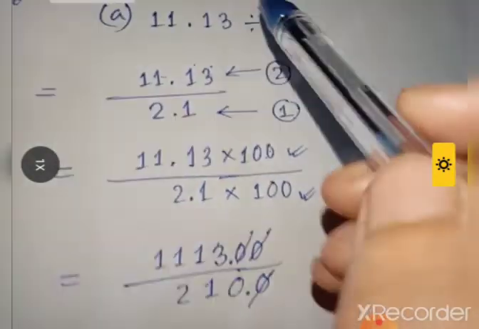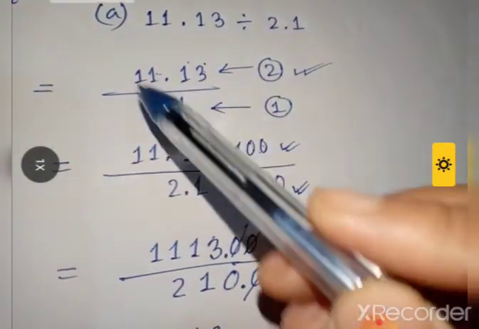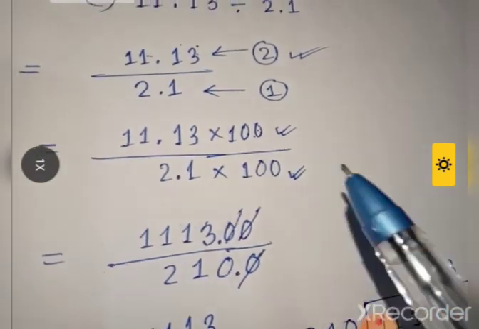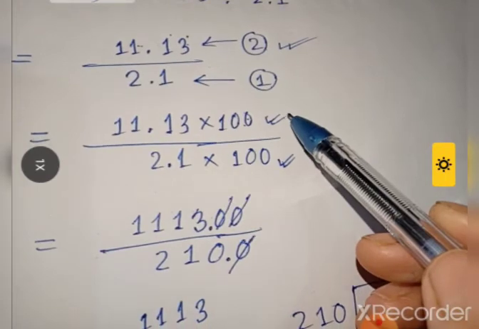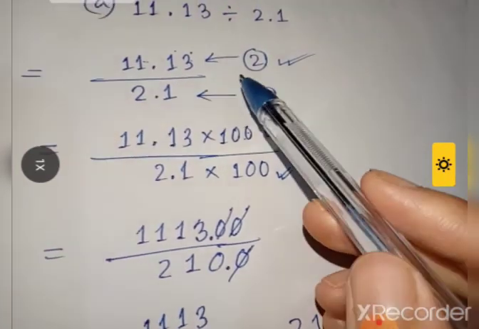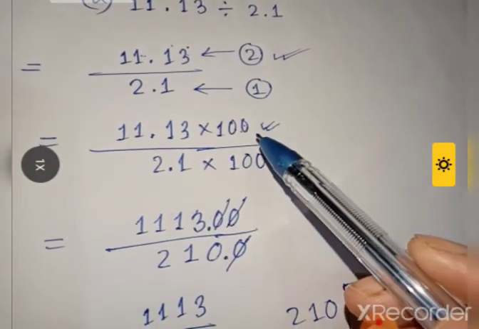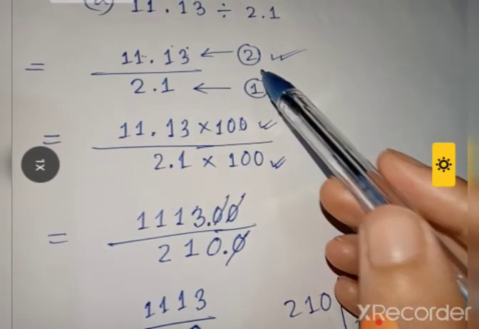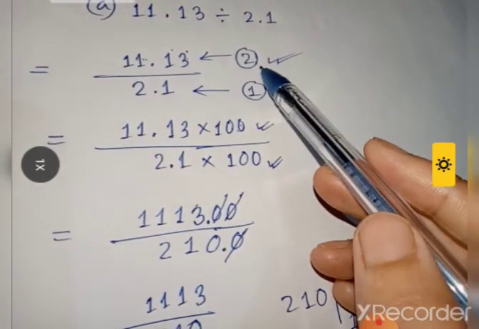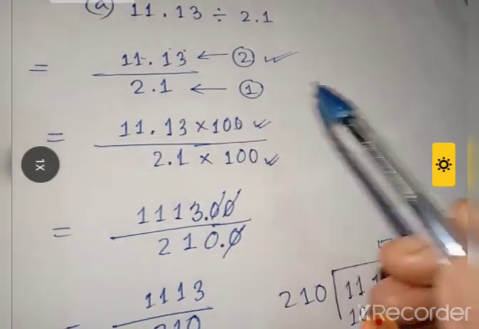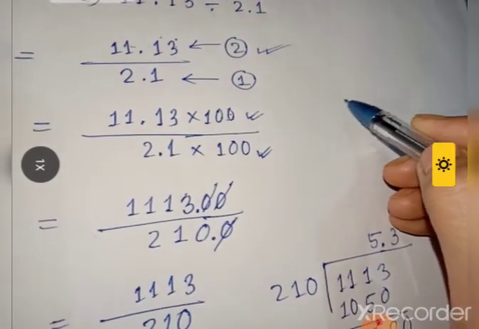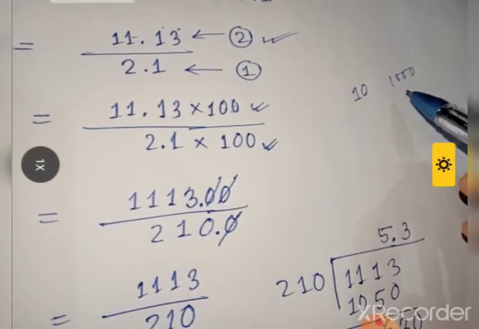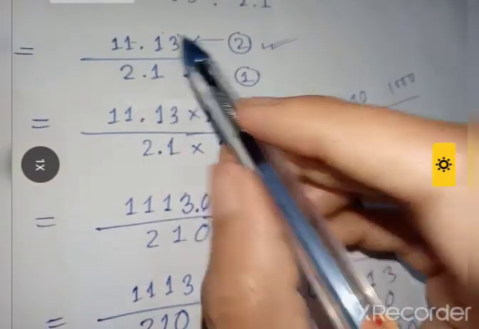So I am repeating again. All of you have to put this decimal as a fraction, then remove the decimal by multiplying by 100, 10, etc. By which number do you have to multiply? All of you have to look at the maximum number of decimals. Then you multiply by the corresponding power of ten, that means 100. Here 2 decimals, here 1 decimal. The maximum decimal is 2, so we multiply by 100. If the maximum decimal is 1, we have to multiply by 10. If there are 3 decimals, then we have to multiply by 1000. Okay, just look at the decimal places.